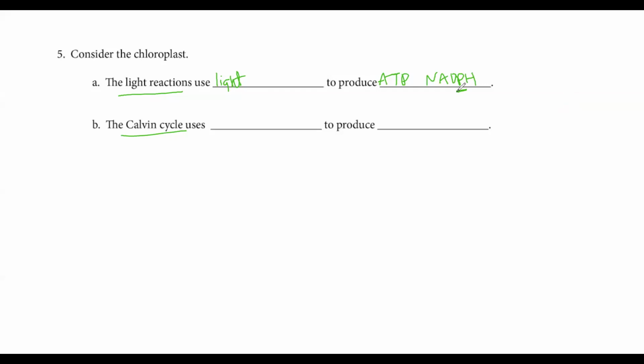Then we have the Calvin cycle, and that's going to use all of the ATP and NADPH. So the light reaction makes all this energy, and the energy is used for the Calvin cycle, which uses carbon dioxide to produce glucose. So I remember the Calvin cycle, the C, it's all about carbon. So carbon dioxide and glucose. Cool. The light reaction is all about light to make energy in these two forms. We're going to go a little bit more in depth on that in the next question.